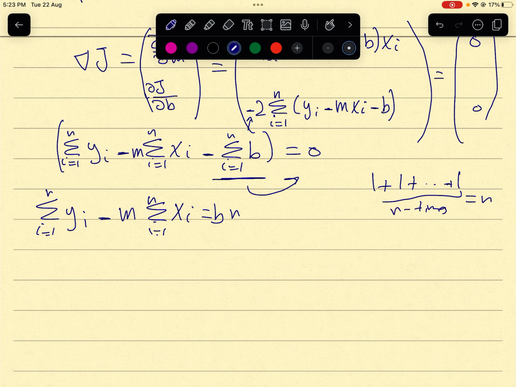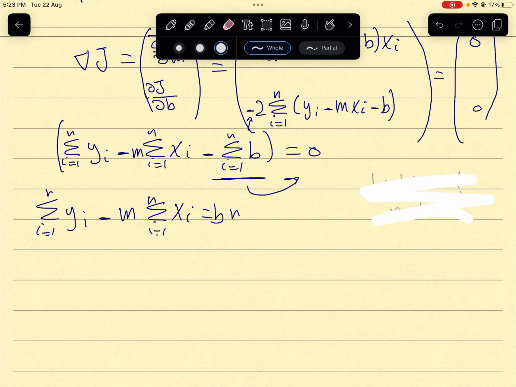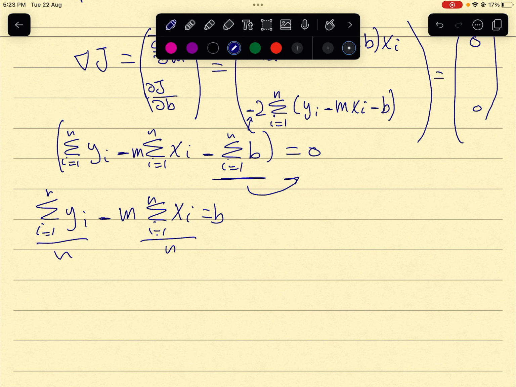Okay, I can divide both sides by n, and I will get summation of yi over n, and this is nothing but the average value of y, so I can write b equals y bar minus m x bar. Okay,